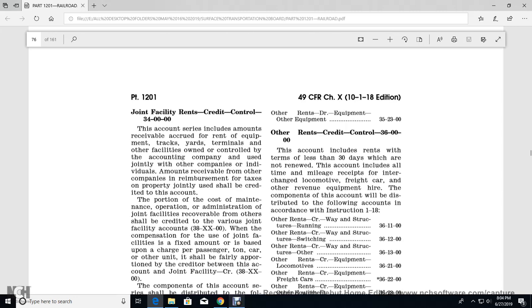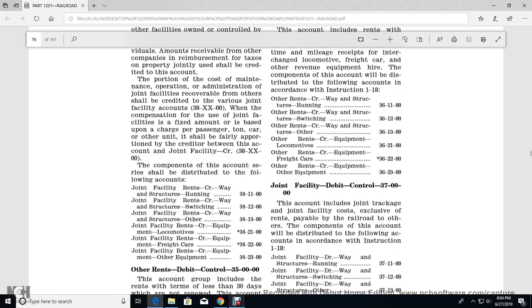recovered from the other, with the credit of the various joint facility accounts, 38XX, with the compensation for the joint facilities for the amount of the base, or the charge per passenger, ton, car of the other unit, shall be fairly apportioned and credited between their accounts with the joint facility, CR 38XX. The components of the accounts with the carrier should be distributed with the following points: joint facility rent